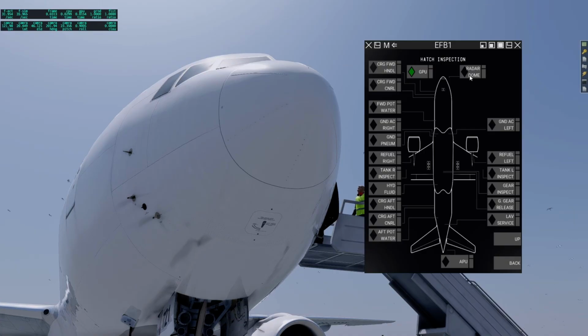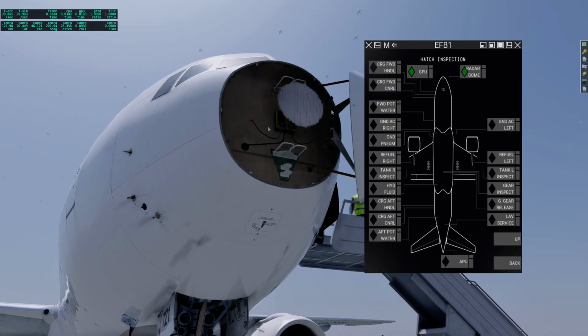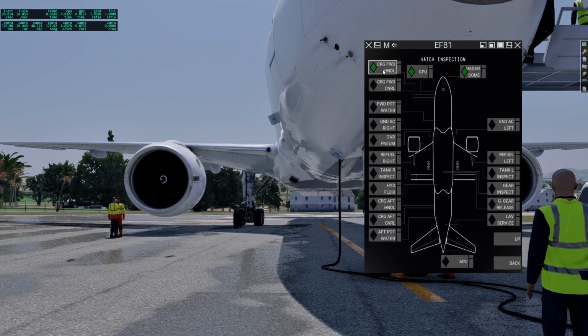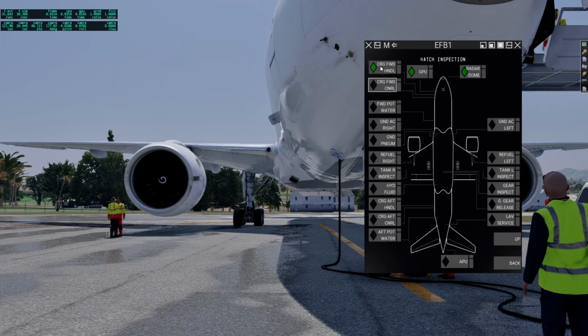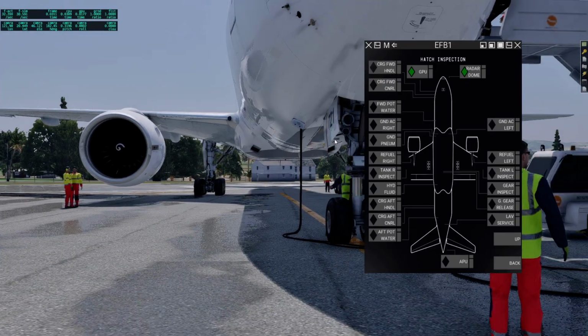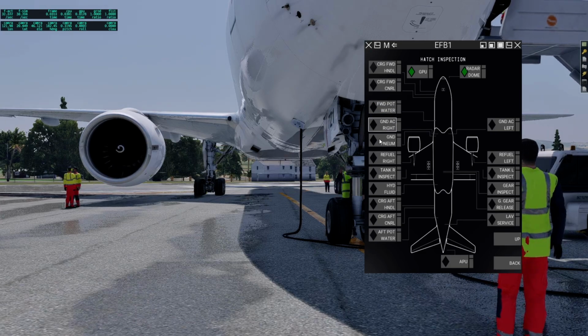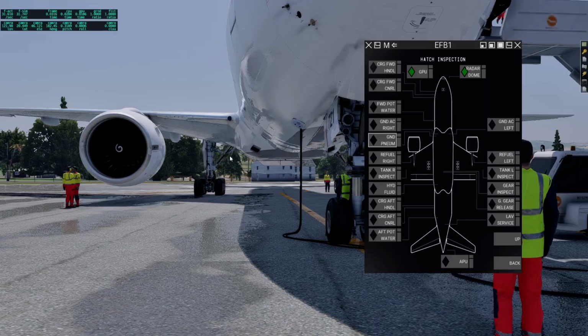However, these checkboxes now will open the hatches. You can take a look in the radar dome, open the hatches for the cargo doors, the potable water doors, ground AC doors, ground pneumatics, and